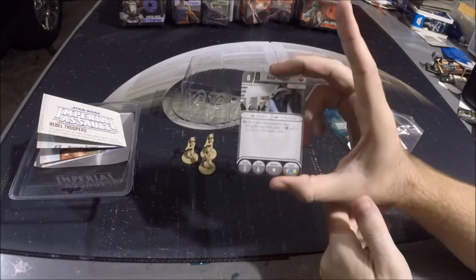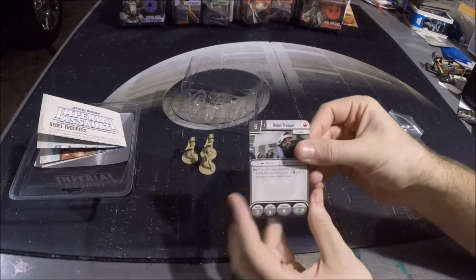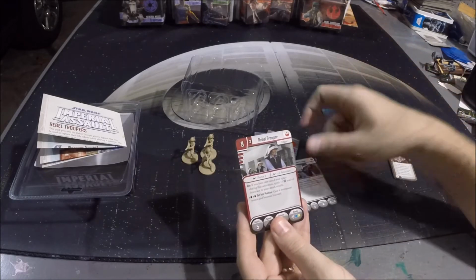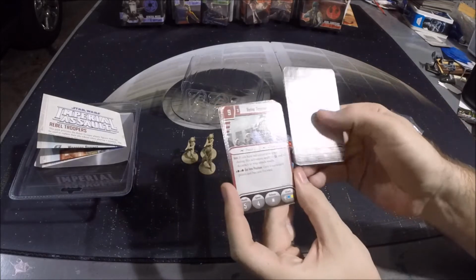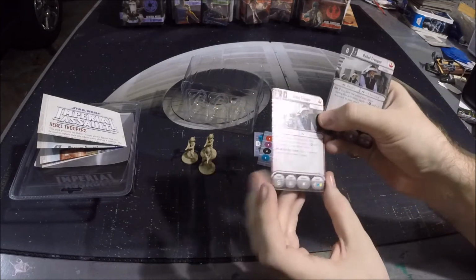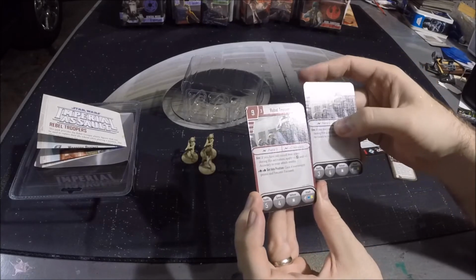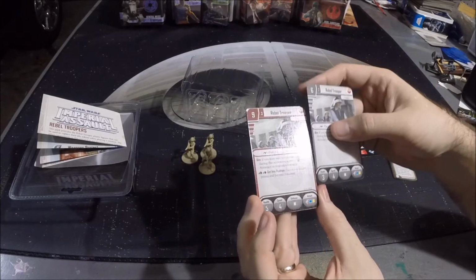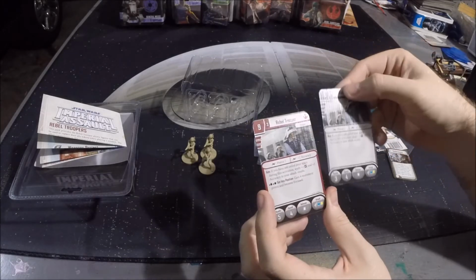So we have our Rebel Trooper card here. Now we've already had one of these, but everyone's going to come with them. But the good thing in this one is you also get the Elite version. So comparing these side by side, the Elite version has 2 more health per trooper, costs 1 more to reinforce, costs 3 more to deploy, same speed, same defense, same attack. Twice the pierce, twice the accuracy for their surge,